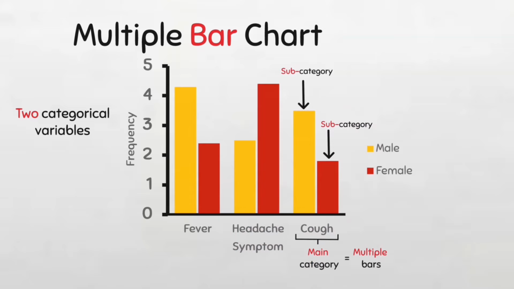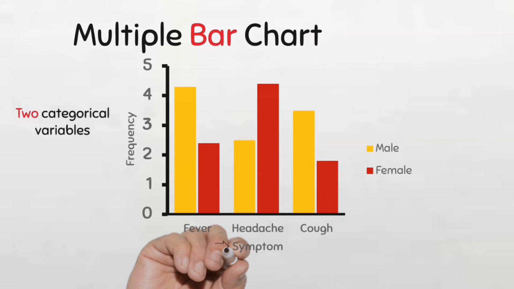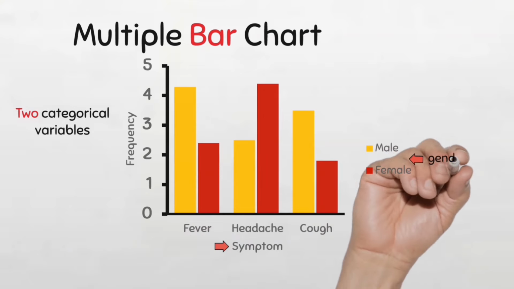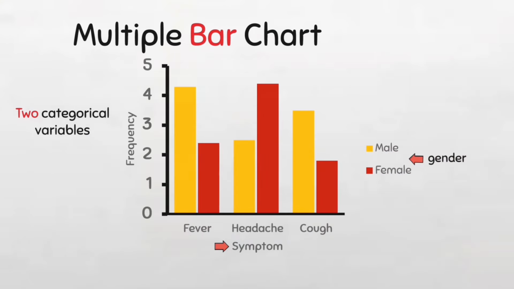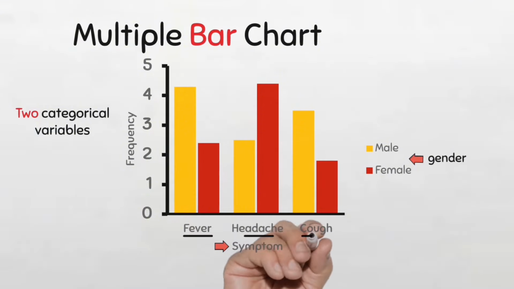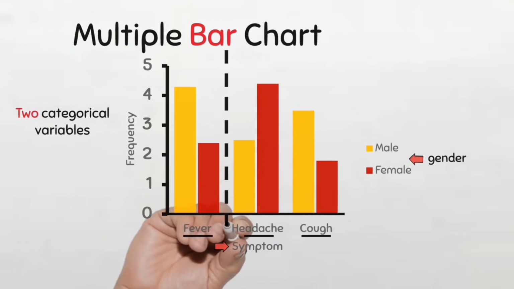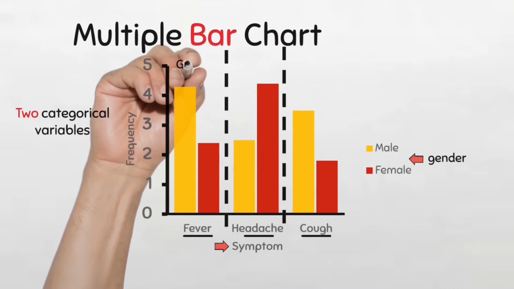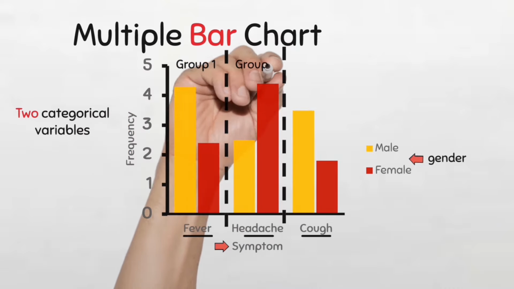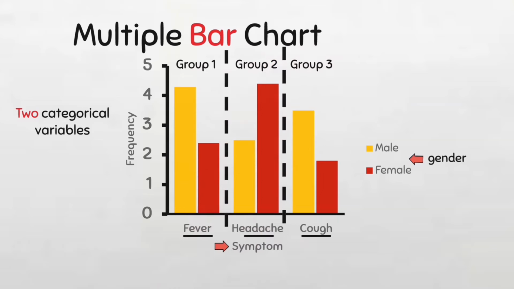In this example, we can see that we have two categorical variables, symptom and gender. Symptom is the first variable with three main categories: fever, headache, and cough. Each main category is a distinct group made up of multiple bars. In each group that represents a category of the first variable, there are two bars each representing subcategories of the second variable, gender. So in this group 3, for example, the main category is cough and the subcategories are male